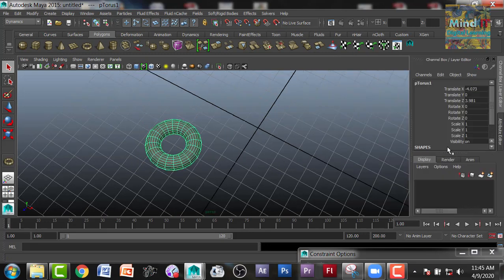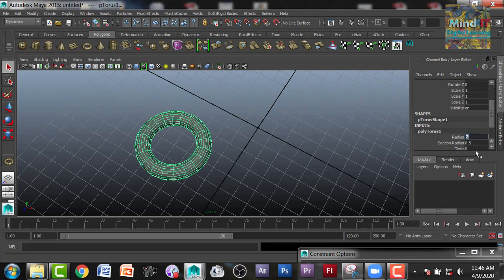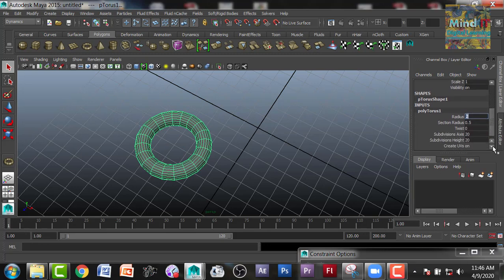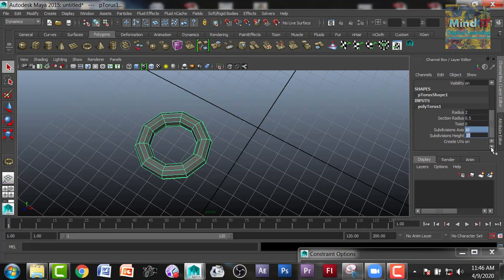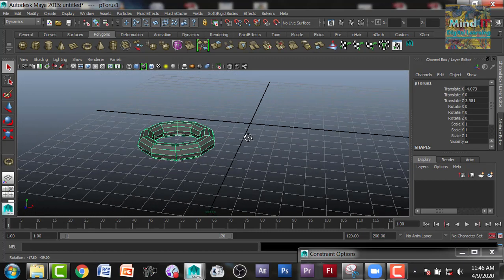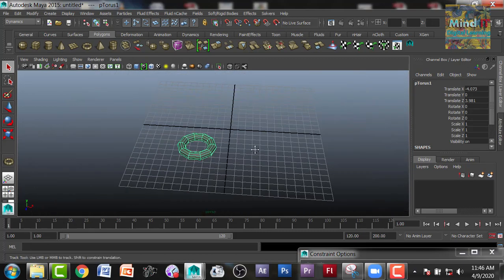I will change its properties, lower down the sections so that it is easy to render. You know, more polygons means more time to take rendering. So I am decreasing the number of polygons. Okay, now I will duplicate it. Ctrl D, let's duplicate it,